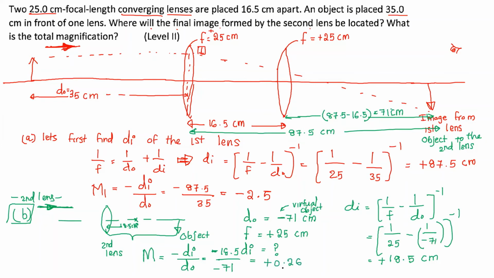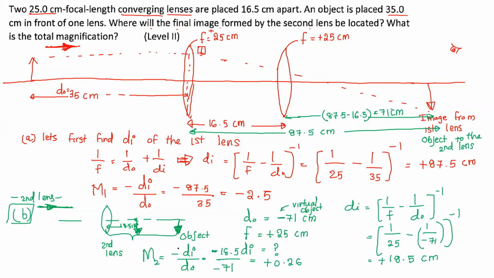You get positive 0.26. That means your image will look the same as your object. So here your object is like this, right? It is like this. Your image will also look like this. Okay, but